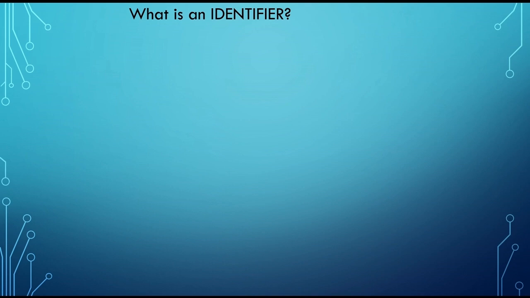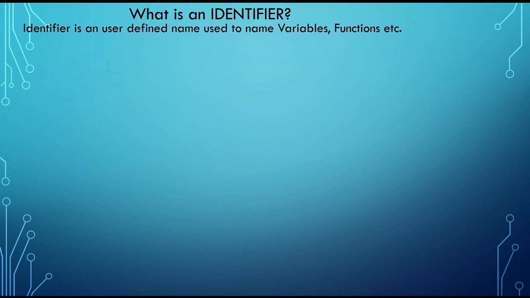Firstly, what is an identifier? Identifier is a user-defined name that's used to name a variable or a function in a Python code. For instance, I have an expression x is equal to 5. The x is the name of the variable or the identifier. There are certain rules that we need to follow when such an identifier name has to be framed, and the rules are: